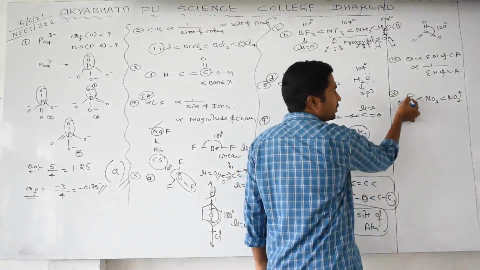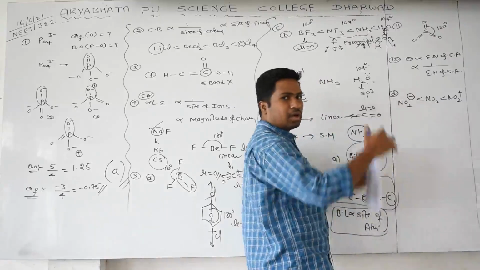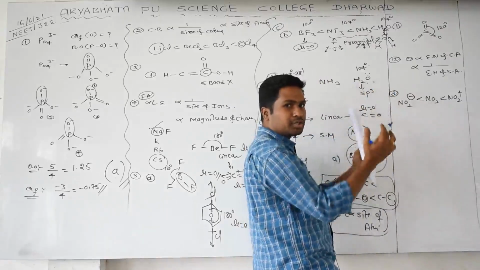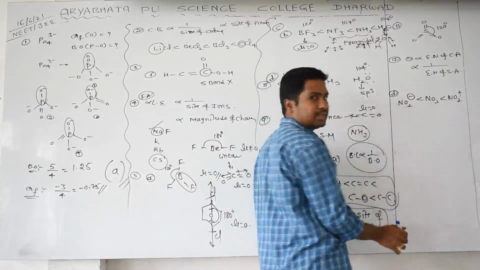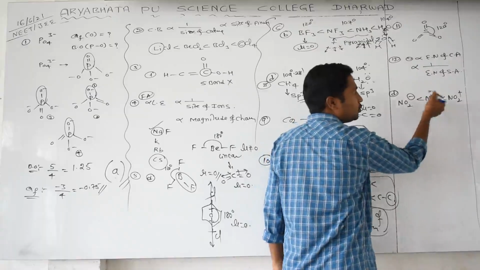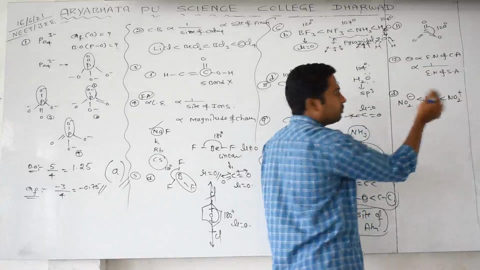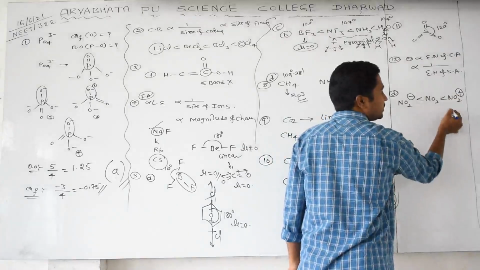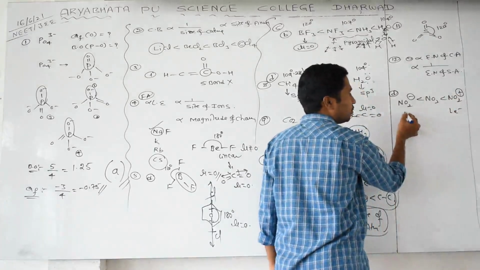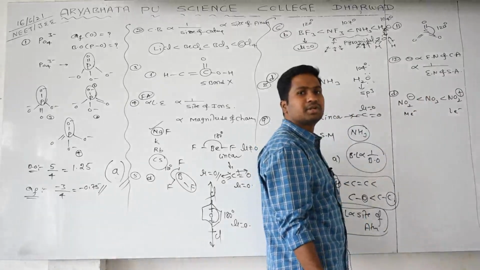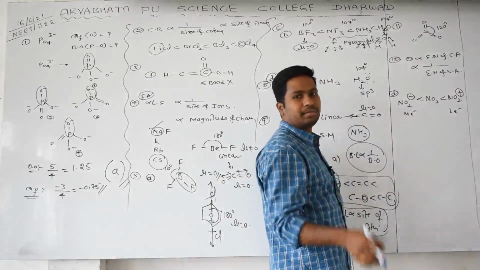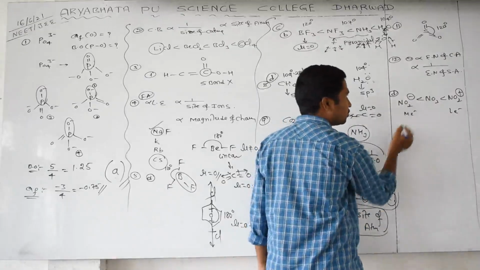Here there are more electrons on the central atom. More electrons means what is happening? More repulsion. More repulsion means bonds are close, so that's why the bond angle is less. Here there is no loss, no gain, no shortage. But here there is a plus charge. Plus charge means fewer electrons. Because of fewer electrons on the central atom, there is less repulsion. Less repulsion means the angle will be high. So these are the order. A good question.